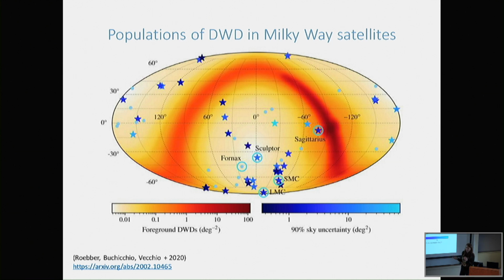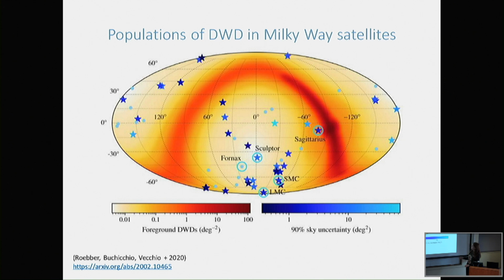So the stars represent those satellites where we can see binaries, and the points are those that are not detectable. Out of 50 satellites, you see that many of them are actually stars. And the ones that have a circle around them are those where we also expect at least a few LISA detections. So what we found is that the Magellanic Clouds will be clearly visible because they do not overlap with the foreground sources. Sagittarius will, with some data analysis, also be visible, and at this position we would have something like 5 foreground sources. Meanwhile, we expect 10 with the fine-tuned star formation history.